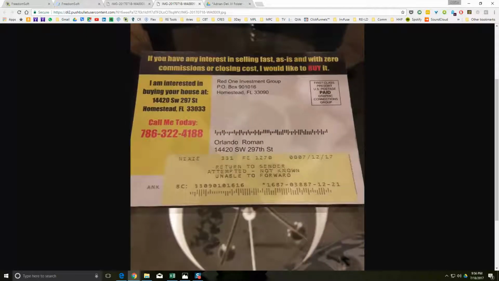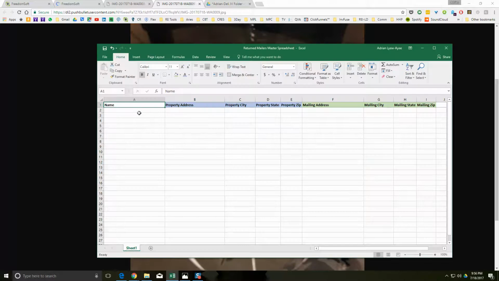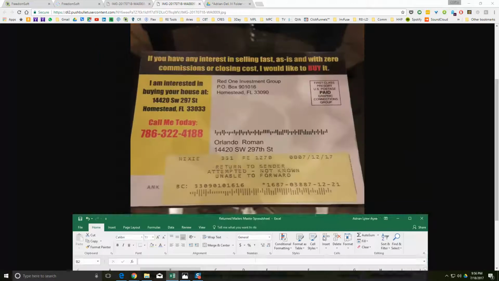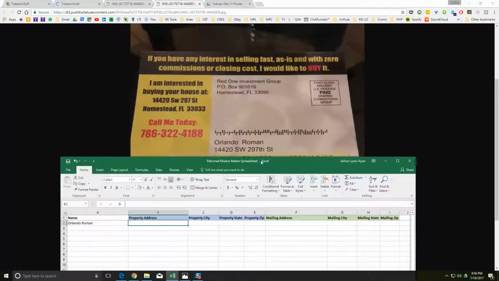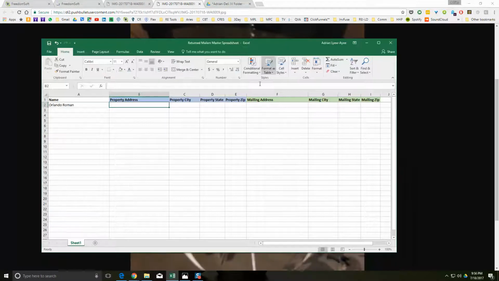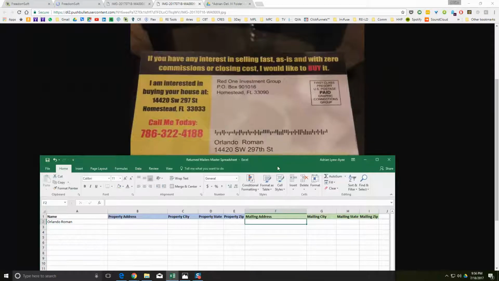So on the spreadsheet, I'm gonna do this one live. So this one is Orlando Roman. So I'll enter his name here. His mailing address, so again, what I'm looking at down there is 14420 Southwest 297th Street. That would go in the mailing address. So 14420 Southwest 297th Street. And the city,